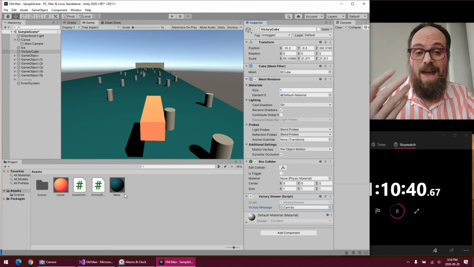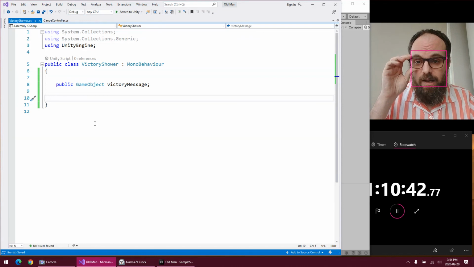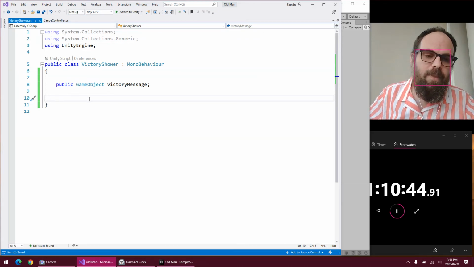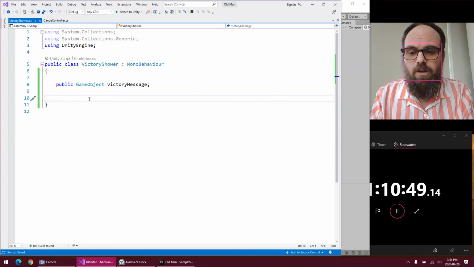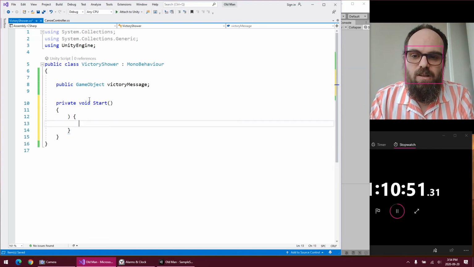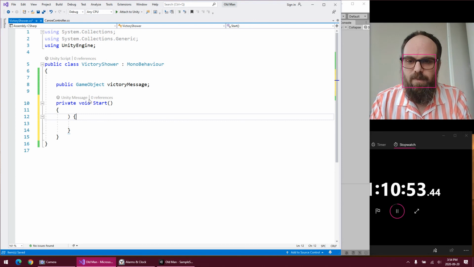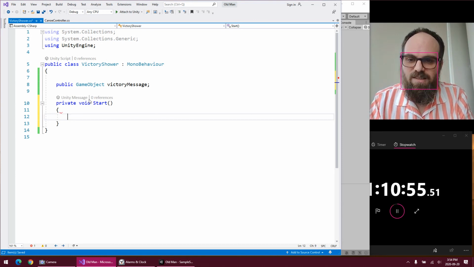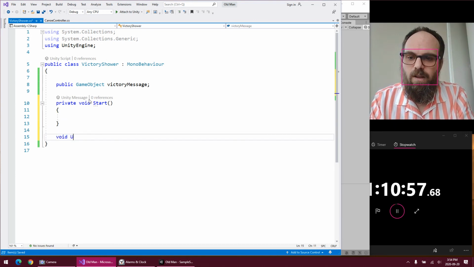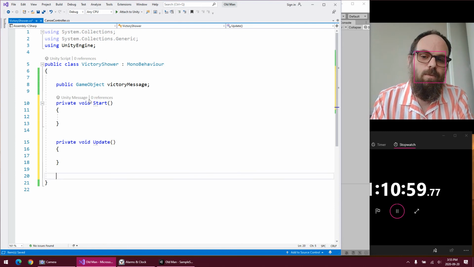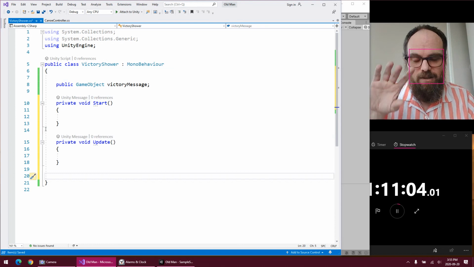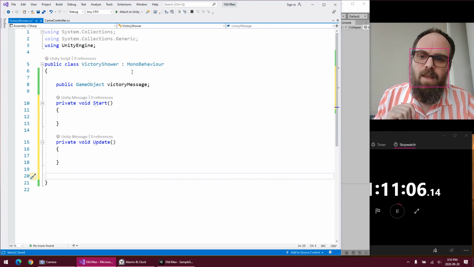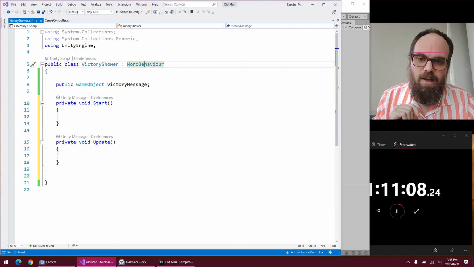Now we just need to activate it at the right time. Now, how do you activate it? Well, the Unity physics system has a few different functions. So you know how it started us off with start, and it started us off with update as two functions that we can use. There's a whole bunch of functions that are built in that it just doesn't pre-populate for you. And you can tell what they all are by